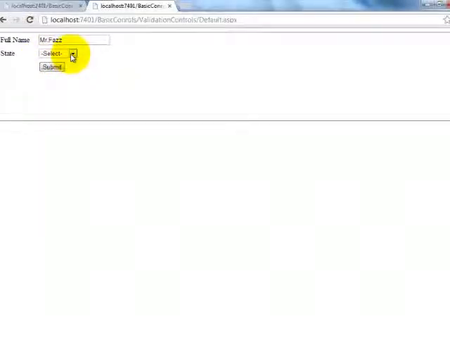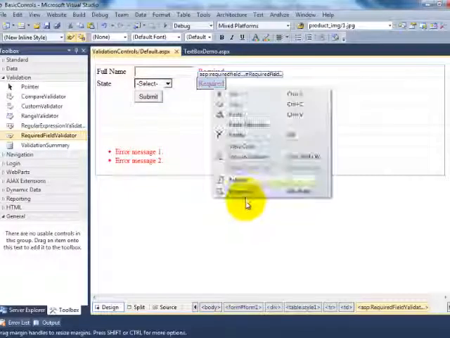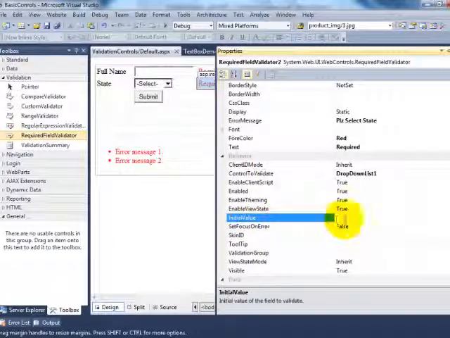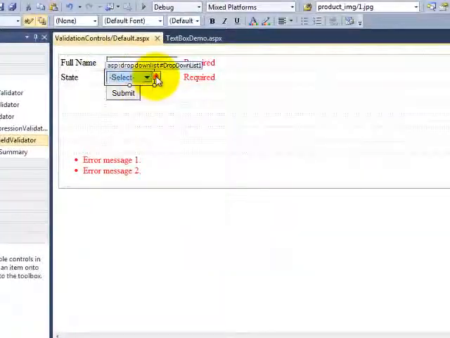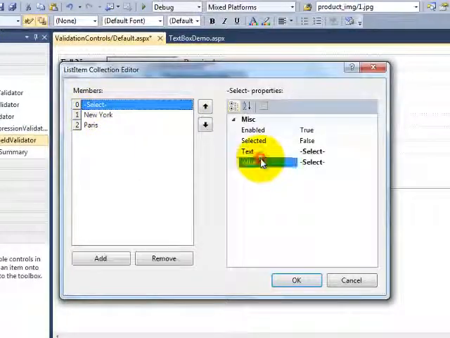Down list. So how we have validated the text box, we tried to validate in the same way for this drop down list. So what we need to do is change some property for required field validator 2. So what is the property? It is the initial value you need to provide. What is the initial value you want to check? So the initial value for this drop down list is Select. I'll change that, say initial value 0.